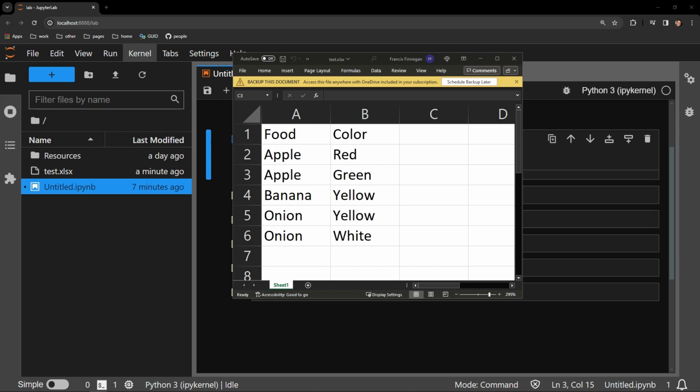Here we see our testing document containing two columns of data, food and color. The duplicates we care about in this example are in column A. Both apple and onion are listed twice in this column. We'll be writing some code that will cause all values after the first instance of their occurrence to be removed